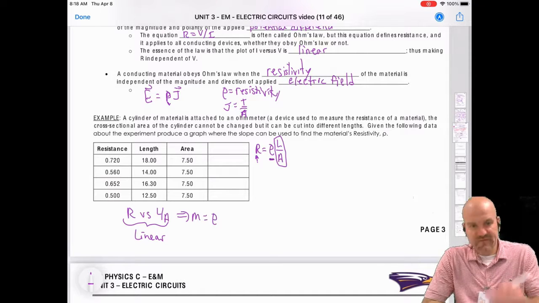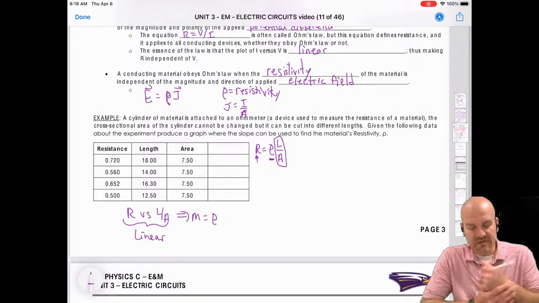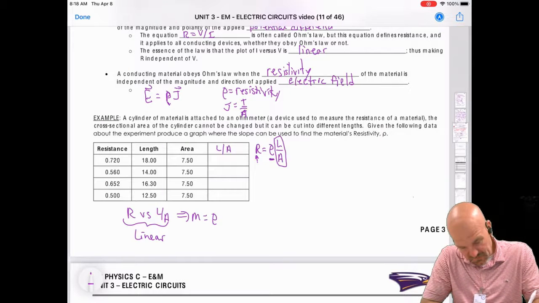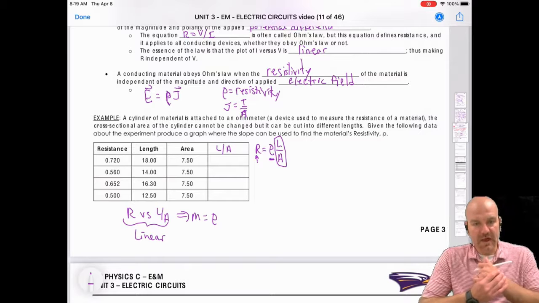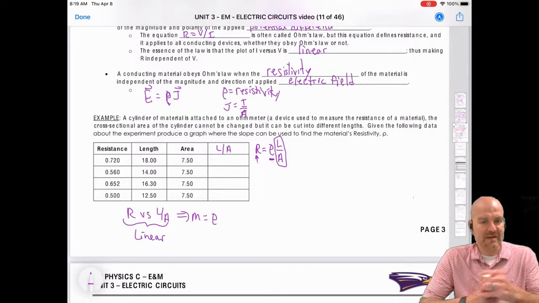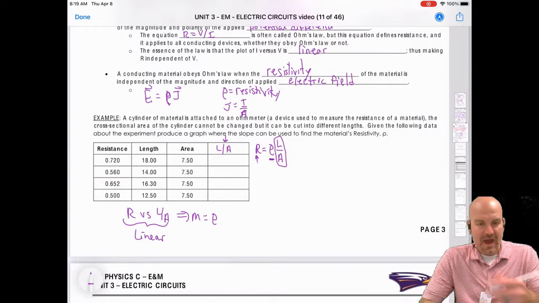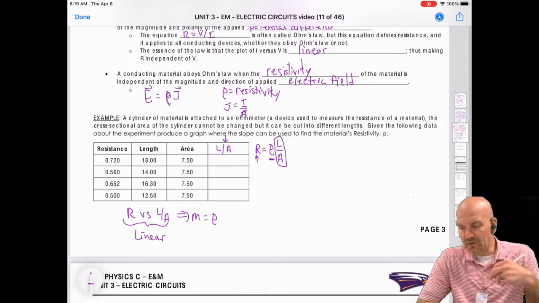So what's the one thing that's still in that equation that is not boxed is that rho, which is the resistivity. So what I'm going to do is fill in this box with L over A. And this is very typical of an AP Physics free response question that's focused around analyzing data. They're always going to give you this extra column in the event that you have to plot something that is not what is provided for you there. Okay, so if I do L over A, for each one of these, I get 2.4,